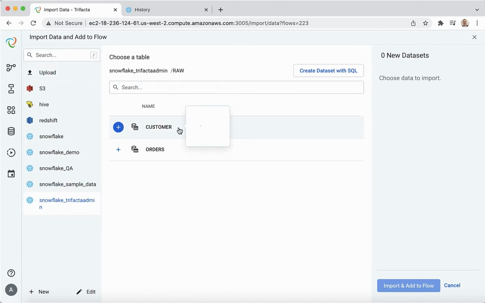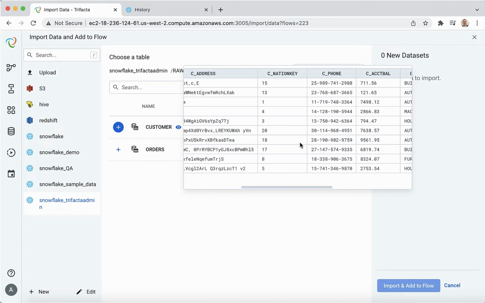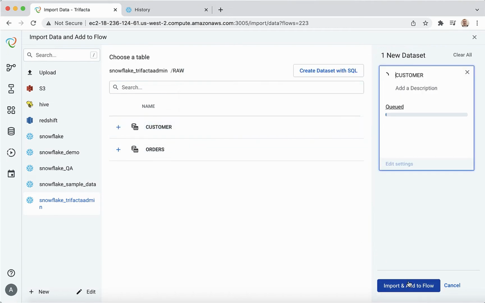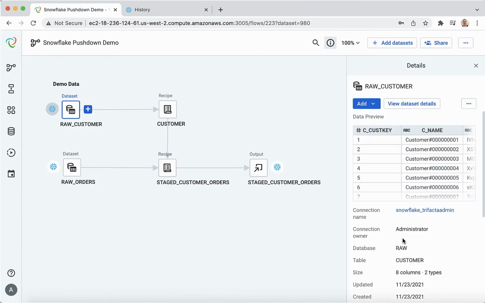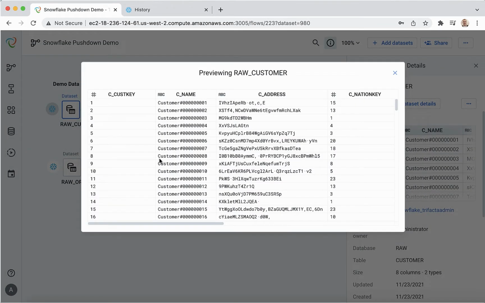integration. As I explore datasets, I can preview individual tables, allowing me to ensure I'm connecting to the exact data I'm looking for before importing a table. With a little bit of exploration, and just a few clicks, I'm able to easily connect to the data I want. When connecting to data, Trifacta initially loads a 10 megabyte sample, while also providing the flexibility for me to